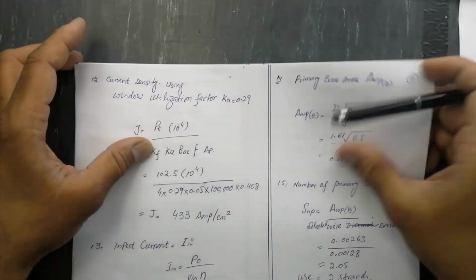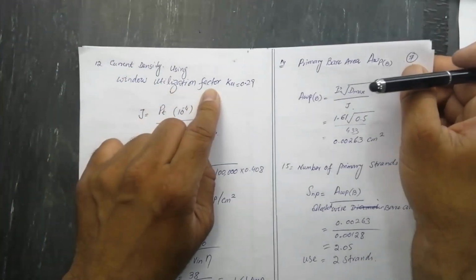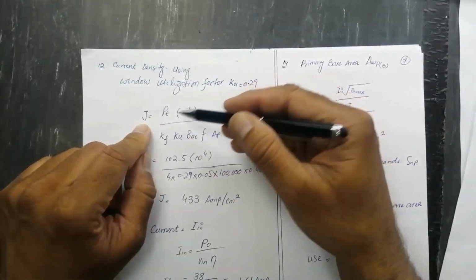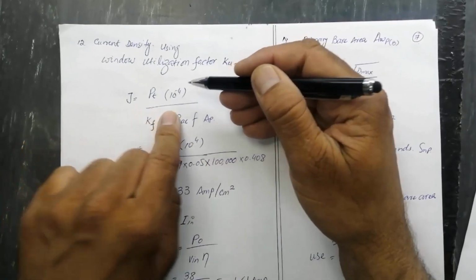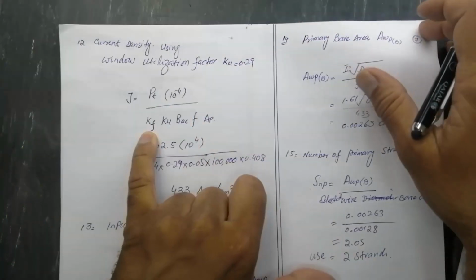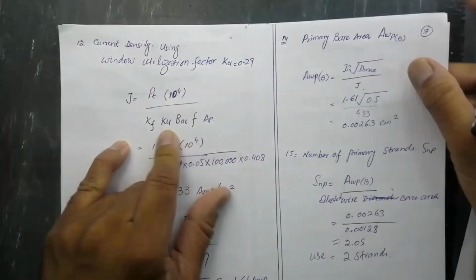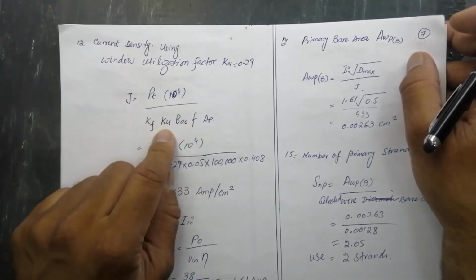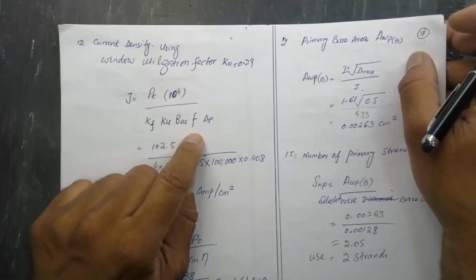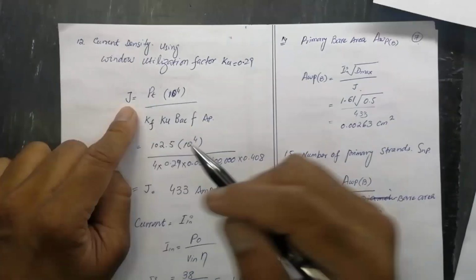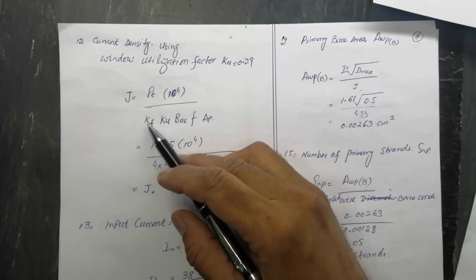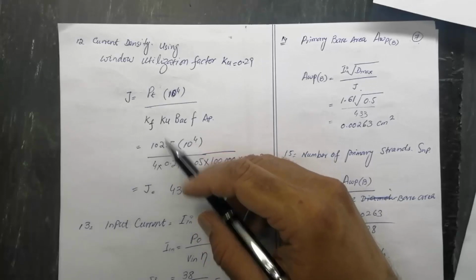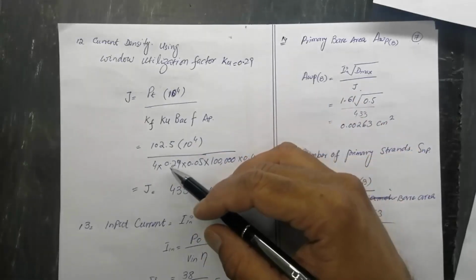The current density using window utilization factor at 0.29 or 0.3: J is equal to PT, apparent power, 10 raised to power 4, over KF, KU, Bmax, frequency, and AP. So we can calculate it. KF is the frequency factor; for DC pulses it is 4. KU, the window winding fill factor, is 0.29,